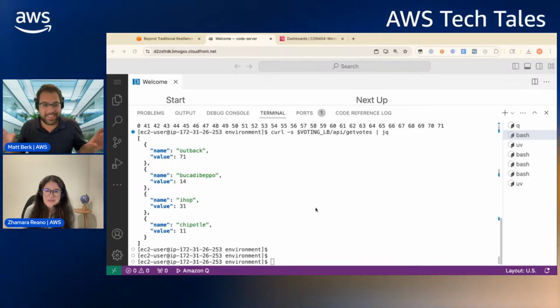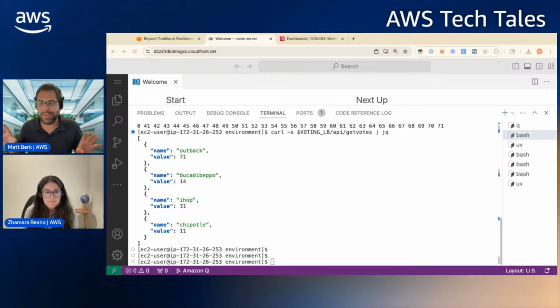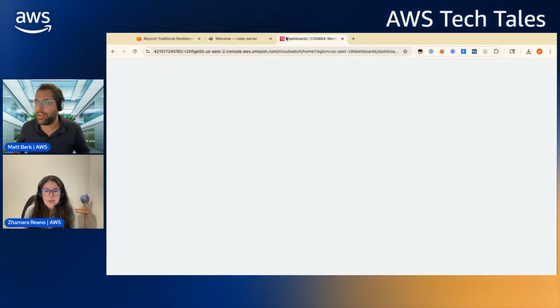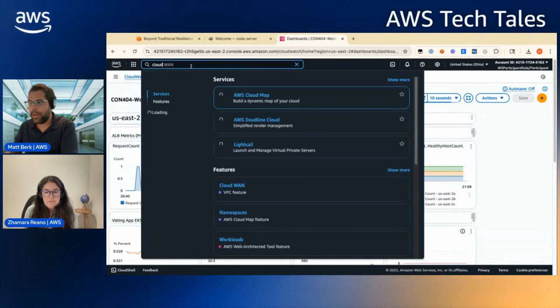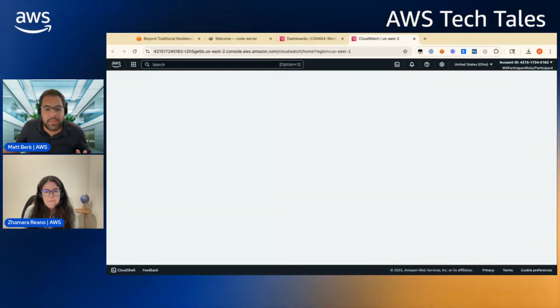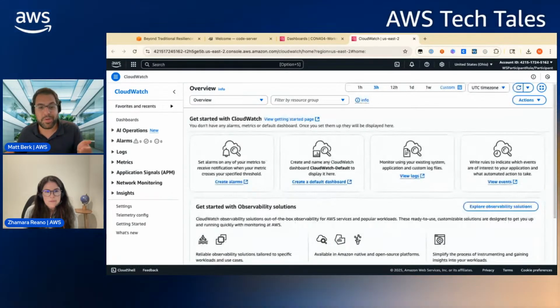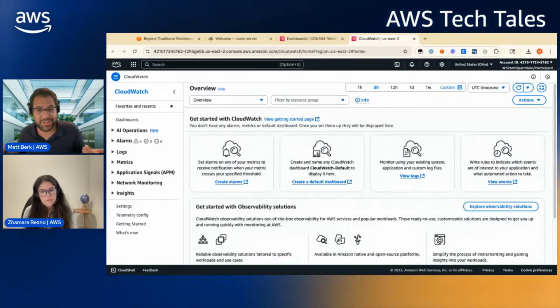So now that we've got this set up, Zamar, I'm gonna do some monitoring in CloudWatch to make sure that my app, everything is working as it should. Okay. So I have a dashboard here, but I'm gonna set up something. This is something that is super helpful for some of the things that we've been working on, Zamara, which is incident detection and response,